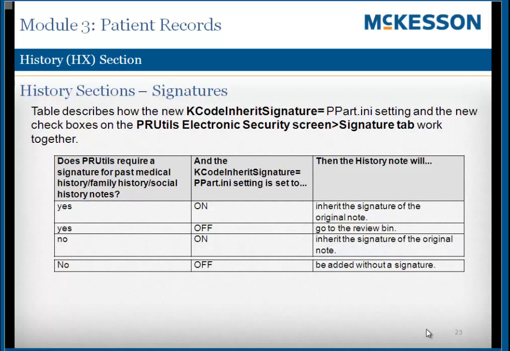On this slide, we explain how the prior signature settings work together. Here are some examples to aid in the understanding of this concept. Example 1. If the PR Utils electronic signature for family history notes box is checked, and the K-code inherit signature setting in the ppart.ini file is set to on, then the note created from the K-code will inherit the signature of the original note. Example 2. If the PR Utils electronic signature for family history notes box is checked, and the K-code inherit signature setting in the ppart.ini file is set to off, then the note created from the K-code will be sent to the provider's